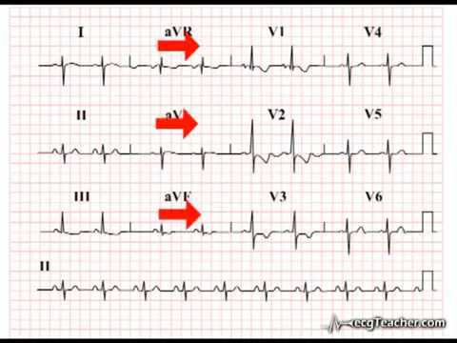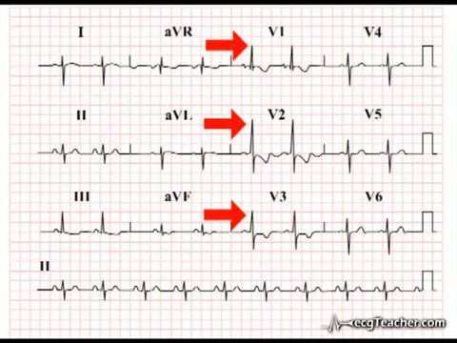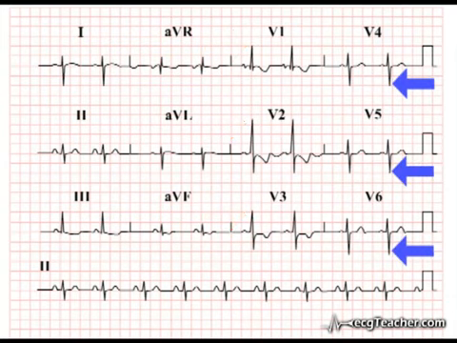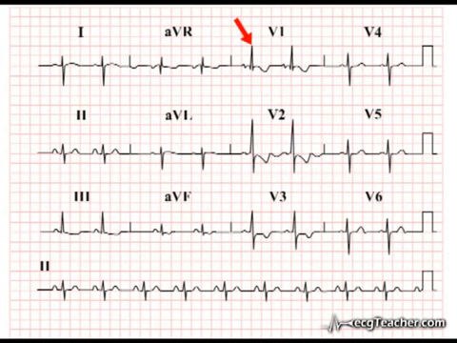You'll notice the prominent R waves in the right-sided chest leads and significant S wave activity in those on the left. When we examine lead V1, we find that the R wave is 2 large squares in amplitude, or 10 small squares, well above our